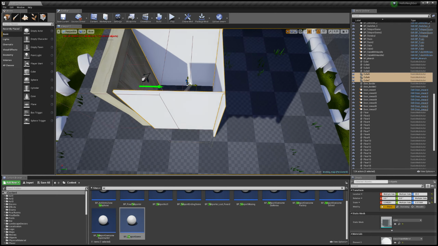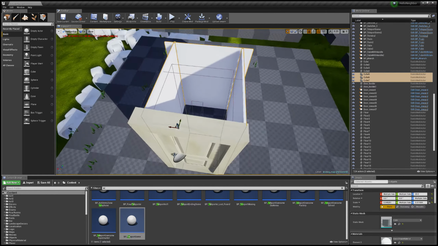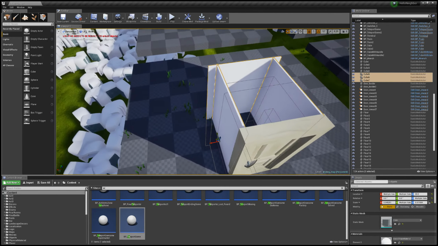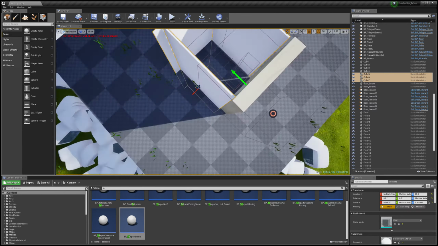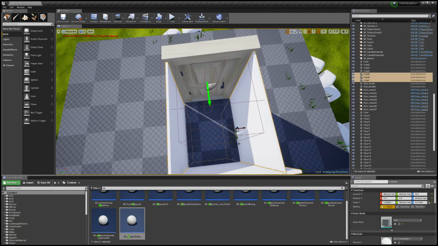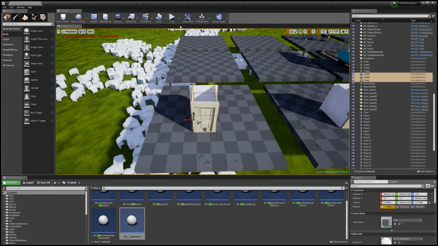And if you're wondering how I'm multi-selecting, you just hold down Shift and then you can click on something and it'll multi-select it. It's the same as like File Manager or File Explorer or something. You just hold down Shift and Shift click, and you can select multiple things at once. And there you go. So now you can see